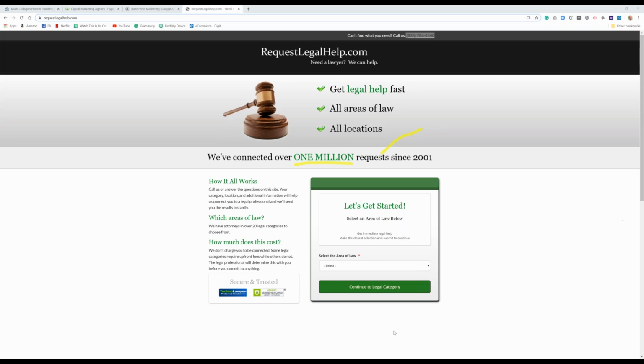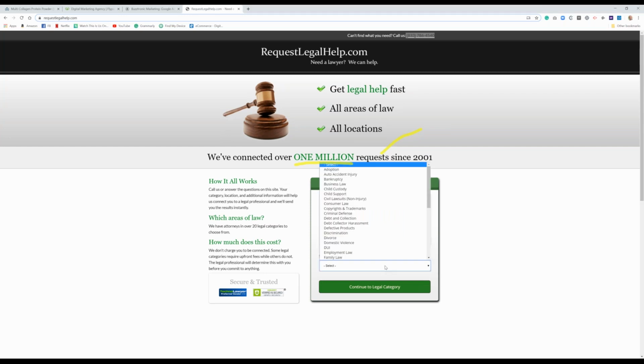That's the very first thing you ask them to do, select an area of law, but that's a complete and comprehensive list. Using the 80-20 rule, probably 20% of law practice areas account for 80% of the traffic to this site. So instead of making me search inside of a dropbox, you might want to actually put those out.